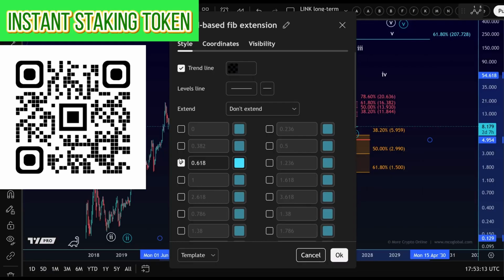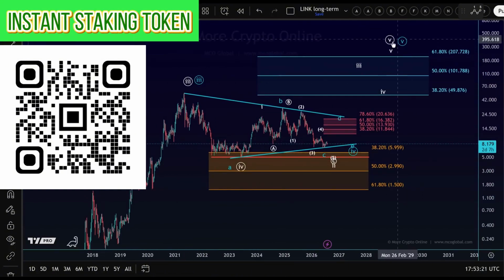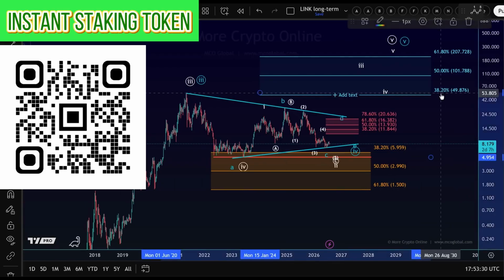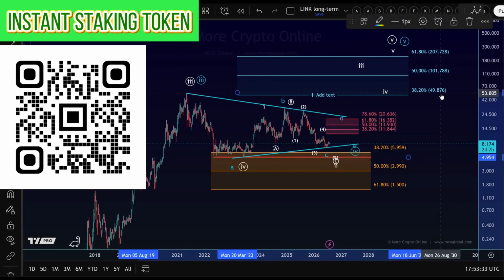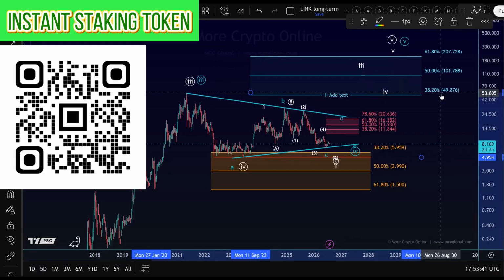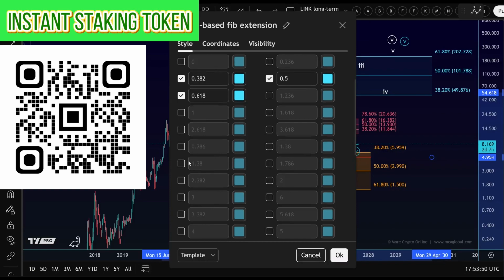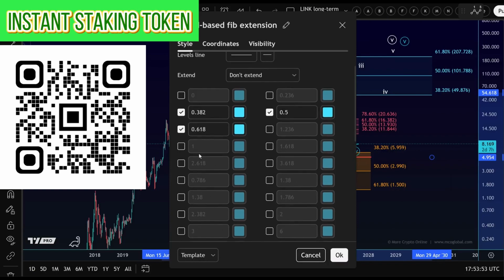But no, typically what we use is the 61.8 extension, the 50% extension, and the 38.2 extension for a wave 5. However, of course, the fifth wave must break above the third wave high, and the $49.87 level, the 38.2 extension, is basically at the same high as the third wave. So while that level is likely resistance, it's probably not a target for a fifth wave. I would then look at the next two levels above, and there's even a stretch level. So we've got the 50% extension, 61.8 extension, and we're going to use the 78.6 extension as well. I'm going to go through these in a minute.